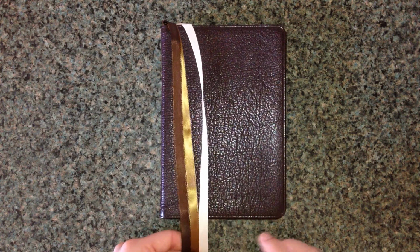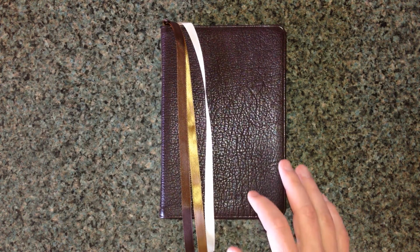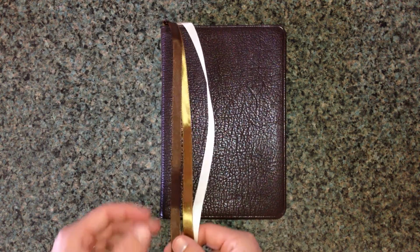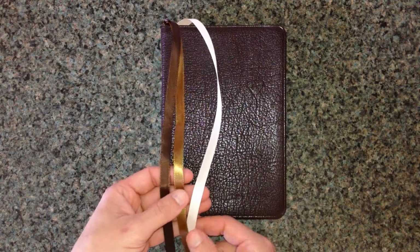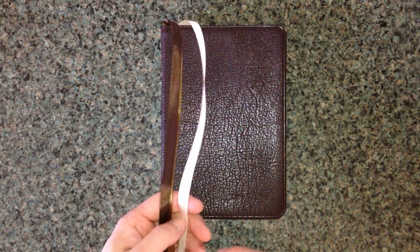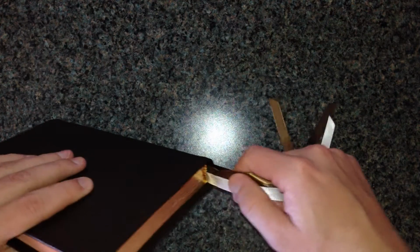But on Leonard's website, they have a picture of a Bible that they'll rebind for you, and they'll put it in brown leather, and they'll give you 3 ribbons: one brown, one medium brown, and one a cream color, kind of an off-white color. And I said, that looks really good. And so I decided to do that with mine. So what I did, and I've since done that on several other Bibles, is